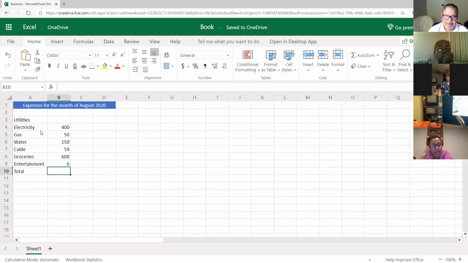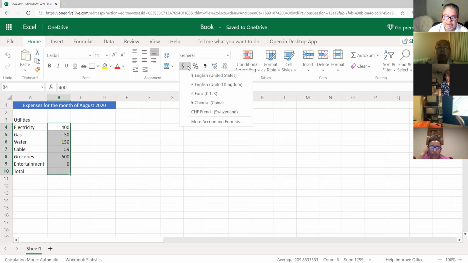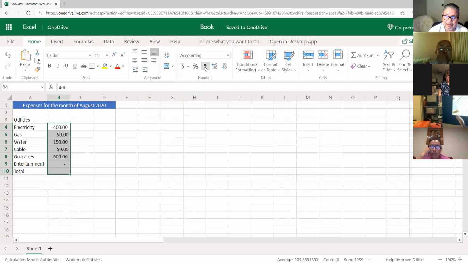And then I need the total. But see, in order for me to make it presentable, all this should be in dollar signs. So I can highlight either the whole thing right here, or I can highlight the cells where I want to put the dollar sign. And the dollar sign is right here. Look at. I can do accounting here, or I can do just the comma. Look at. See that? And only put the dollar sign on this one, because you always put the dollar sign only in the first one and on the last one. Right here, so we go